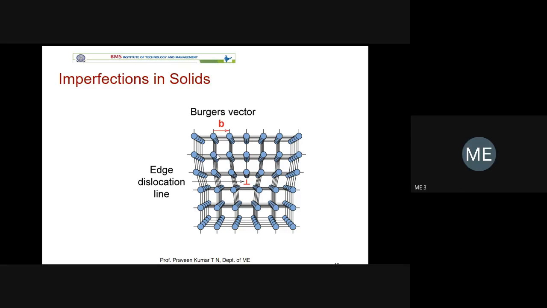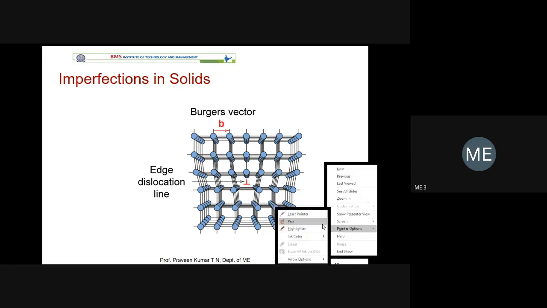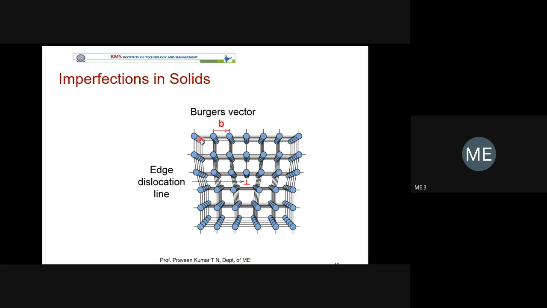Yes, sir. Okay. So now these are the atoms. We have one line of atoms here. This is one line of atoms. Imagine it is perpendicular to the wall. So this is one row of atoms, this is one more row of atoms, one line of atoms, one more line of atoms. Those atoms are arranged perpendicular to the wall. So like that, this is one plane of atoms, this is the second plane of atoms, third plane, fourth, fifth, sixth, seventh. There are 7 planes of atoms here.